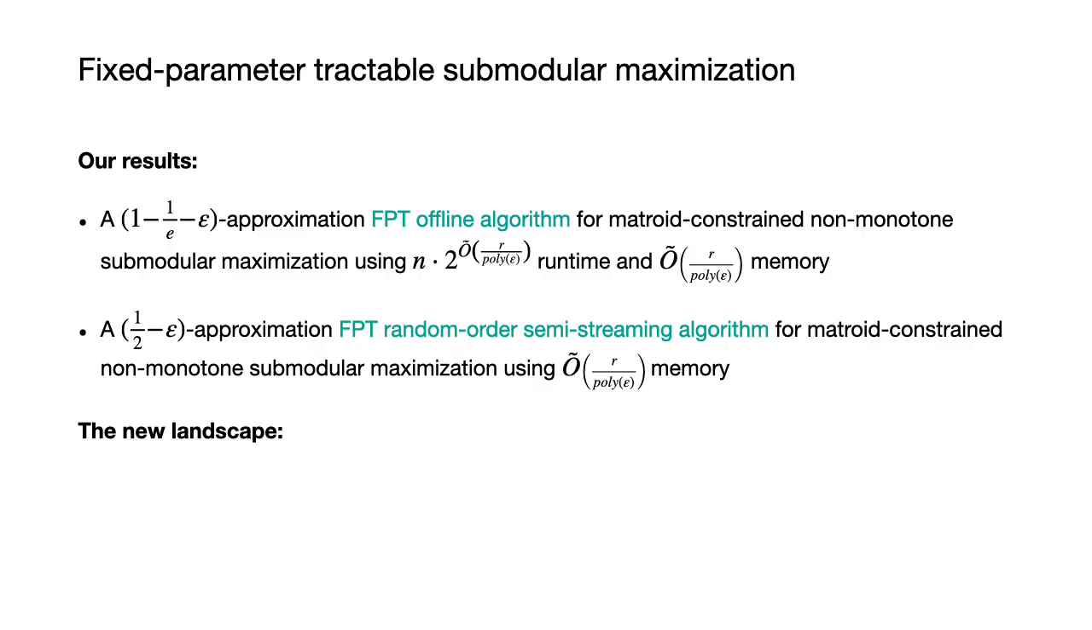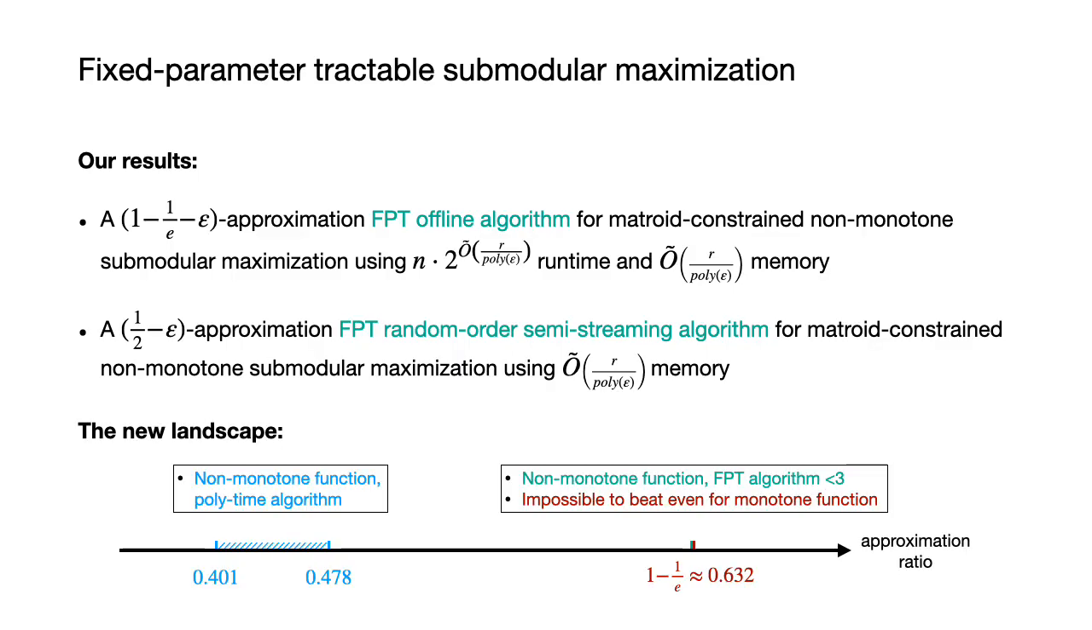So now the new landscape becomes the following. For the polynomial time algorithms, it's still unclear what's the best possible approximation ratio we can get for non-monotone functions. For FPT algorithms, the approximation ratio of our algorithm for non-monotone functions matches the lower bound for monotone functions, and